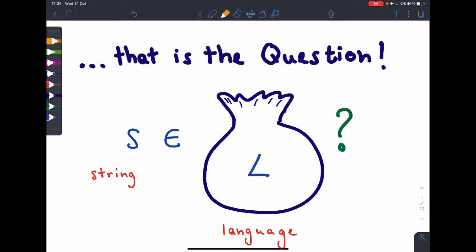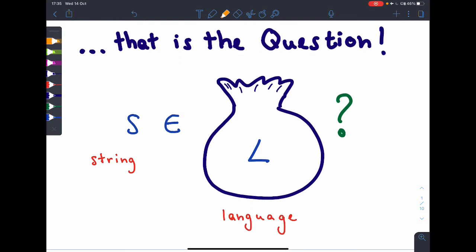In the last lecture, I promised you that we would be studying the following question from a variety of angles. In particular, how do we know when a string S is a member of a language L? A naive way to approach this problem would be to enumerate all the elements of the language L. We would therefore arrange all the elements in language L one after the other, say S1, S2, S3,